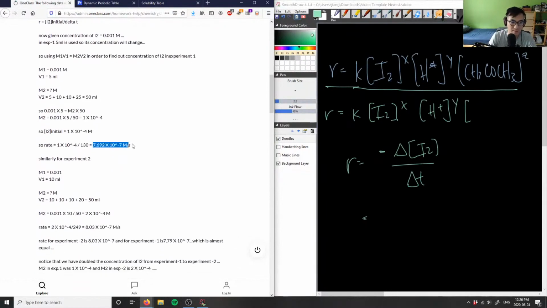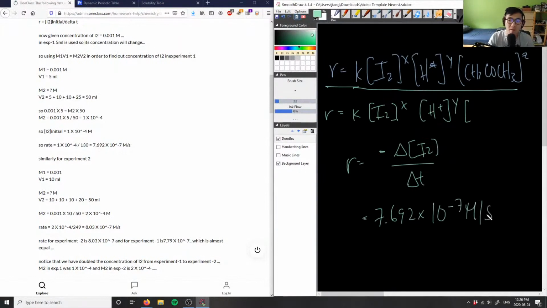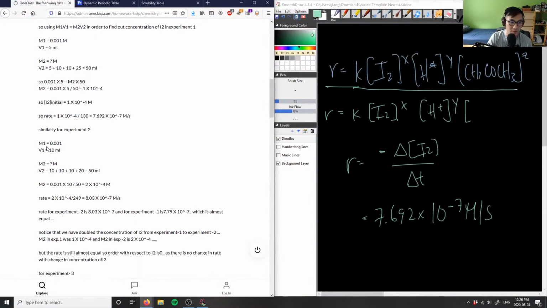And then I get some type of rate here. So rate would be equal to 7.692 times 10 to the negative 7 moles per second. And as for experiment 1, we do the exact same thing for experiment 2, where we get, again, we have